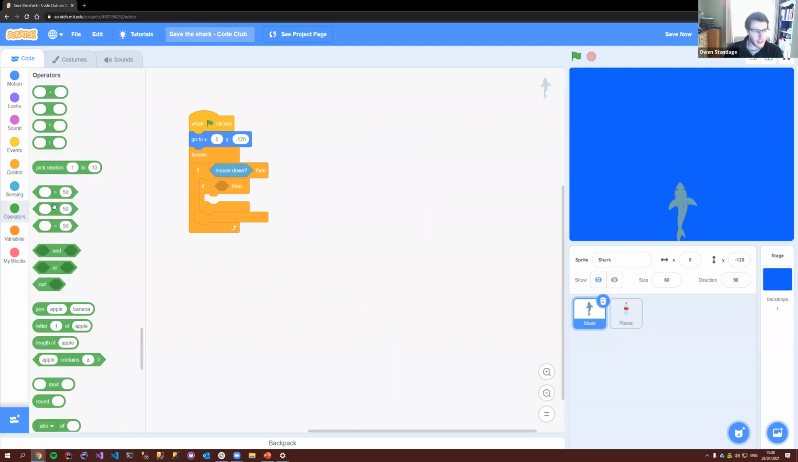Which is going to say, and then we need a comparison. So how we're going to work out where it is: the middle of the screen is 0. So this side is minus and this side is plus. So we're going to say that